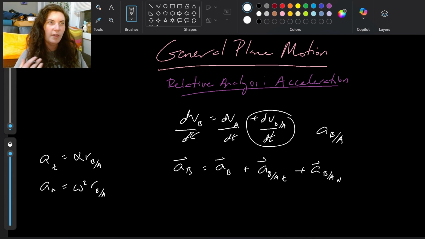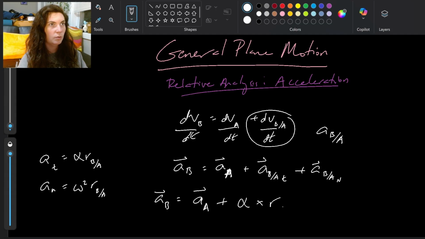And so the long form of how we see this written out is AB, the acceleration of point B, is going to be relative to the acceleration of point A. I just realized I wrote B up there. I meant to write A. So the acceleration of B is going to be the acceleration of A plus this tangential component, which is going to be our alpha, our angular acceleration, cross product with r of B with respect to A,